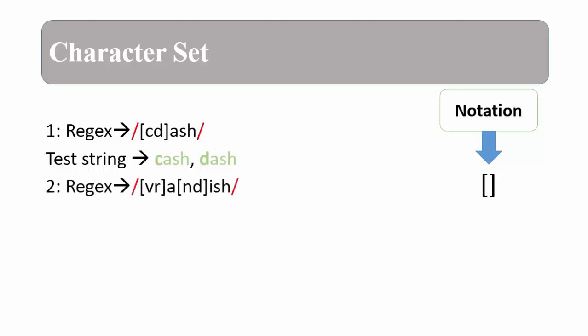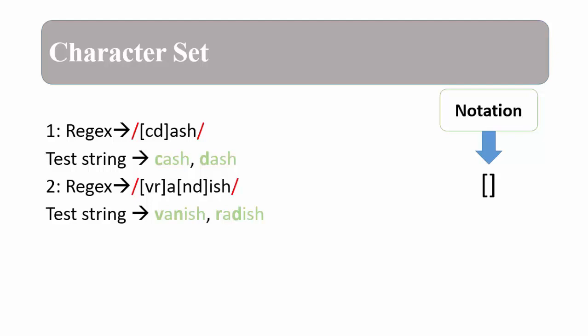Similarly, if I have some regular expression of VR in a character set, then A, then ND in a character set, then ISH, then our regular expression will pick V or R from the first character set and N or D from the second character set. For example, our test string of vanish will pick V from the first character set, then A will be from the regular expression, then N highlighted in bold from the second character set of ND, then ISH, completing our test string